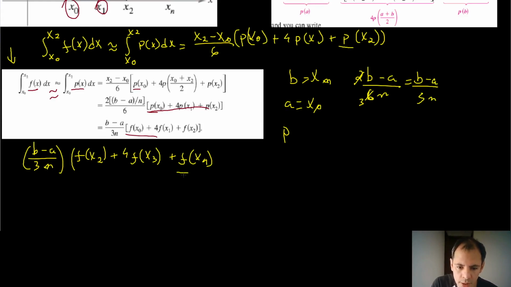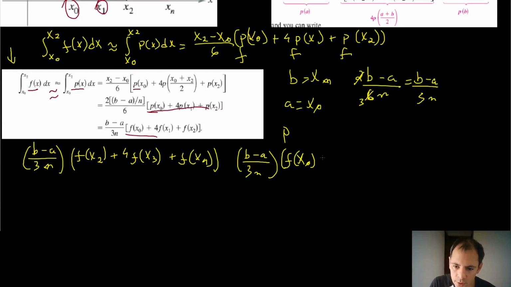Here I'm using p and here I'm using f, but you got to remember that for the 3 points they're exactly the same, so they can be added. I can put an f in here, doesn't matter. And then you see this thing equals b minus a divided by 3n. It's the same thing. So I can factor the b minus a divided by 3n out, and I can just do f of x0, plus 4f of x1 plus 2,